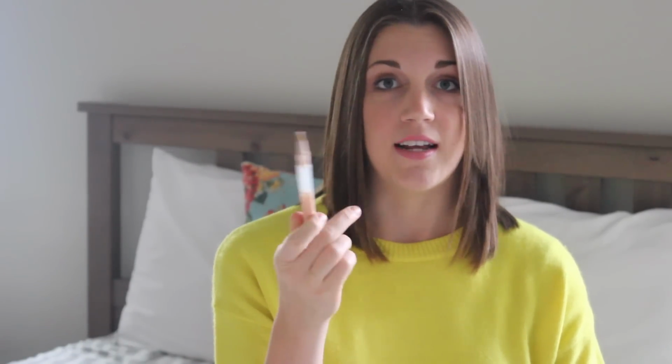And if you did buy it just for a highlighting tool, you probably wouldn't need to go back and buy it as much, but since I do use it as concealer sometimes, I am going back and buying it often, which I do need to go back and buy more. That is the Maybelline Dream Lumi concealer pencil, and I bought it in the shade of Ivory, and it's actually very, very light. So the next product I'm going to be talking about is CoverGirl Pressed Powder, and this is